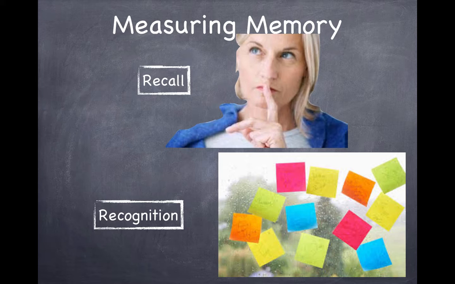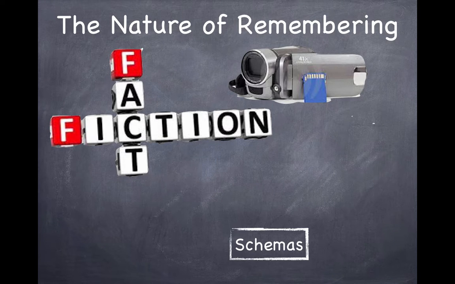Okay, now let's look at the nature of remembering. And when we think of memory as somewhat of a permanent record, now I say somewhat, you can certainly have different conditions where memory decays, that we don't have it all totally there as a permanent record. It's not as likely. There's a belief that we have this total memory of everything. It's kind of like a video camera recording, analogous to that.